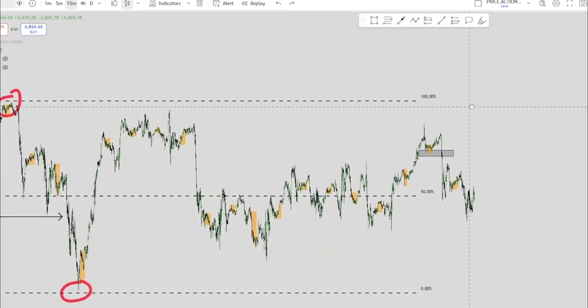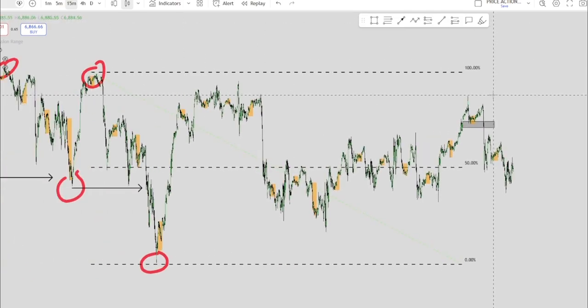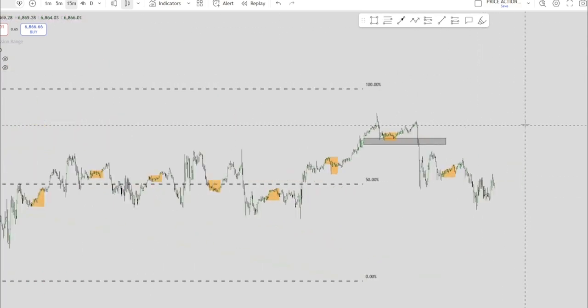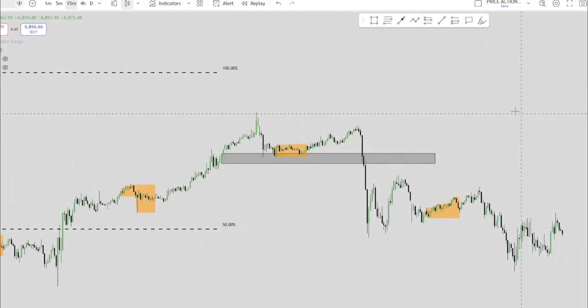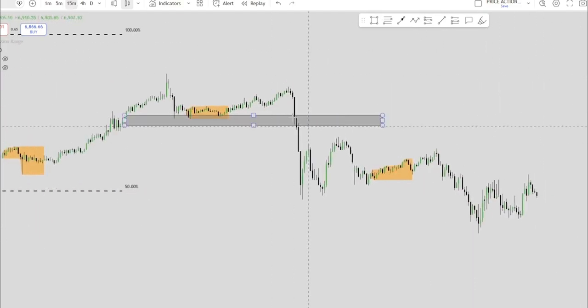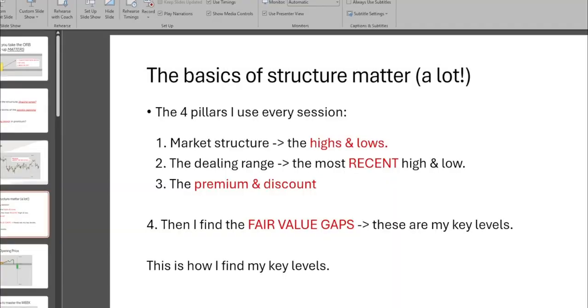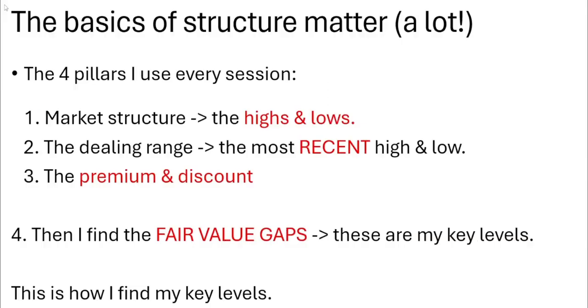The easiest way to practice is to ask yourself, on the 15-minute time frame, where are you with the structure? Are you structurally in premium? Are you in discount? This short here was going from premium to discount. So this was the short. That's the main thing when it comes to understanding where to trade from. Now, once you understand the basics of market structure, the next thing